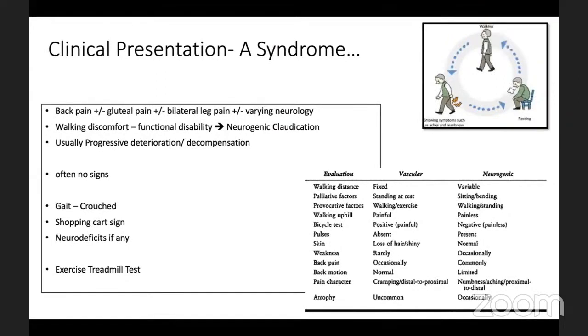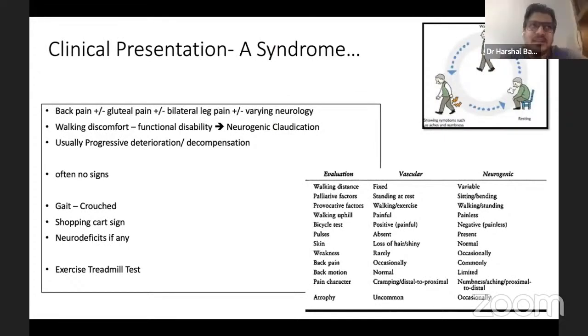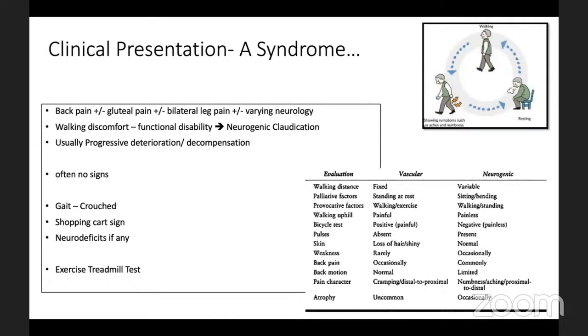Neurogenic claudication. Yeah. Can I ask a question in between, or should I wait till the end? You can ask anytime. Please stop me and ask me anytime. Yeah. Sir, I was just wondering, when you say that there is a venous stoppage, but an arterial flow continues, I was wondering how this happens at the level of pathoanatomy.